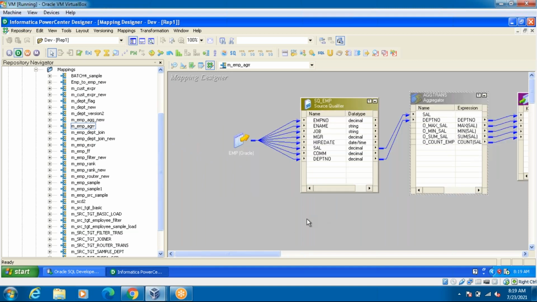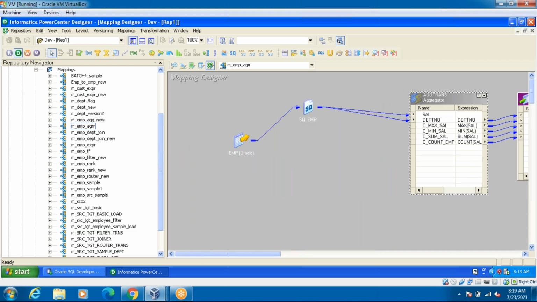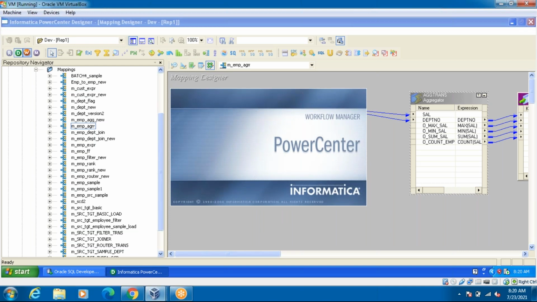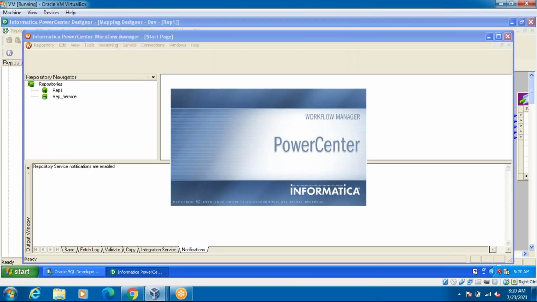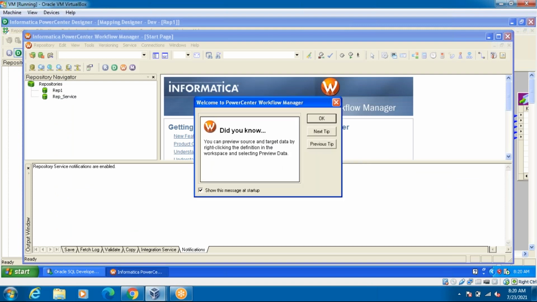So guys, tell me, anyone, what is my source query? How are you going to build the source query? I want to match the source code equal to the target code. For example, I am going to execute the job, M underscore emp underscore aggregate. I want to find out the count, match count, duplicate check, and the business key columns. All those test cases I want to perform now.